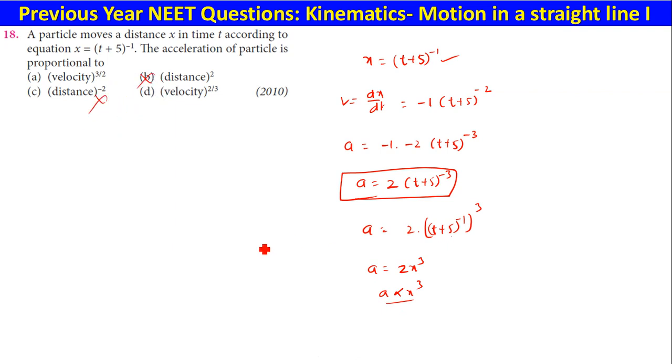Now you need to check about velocity. Okay, so for velocity, if you just take this same equation, a is equal to 2 into t plus 5 whole power minus 3. I have rewritten this equation in terms of this, whole power 3 by 2. 2 and 2 get cancelled, you get t plus 5 whole power minus 3. So what is velocity here? Velocity is nothing but some minus. Anyway, all that will be going into the proportionality constant. So t plus 5 whole power minus 2 is nothing but velocity, whole power 3 by 2. Which option is correct now? Option A.